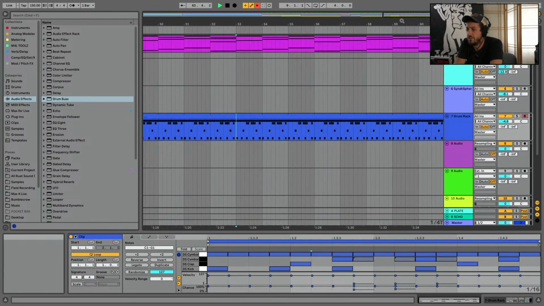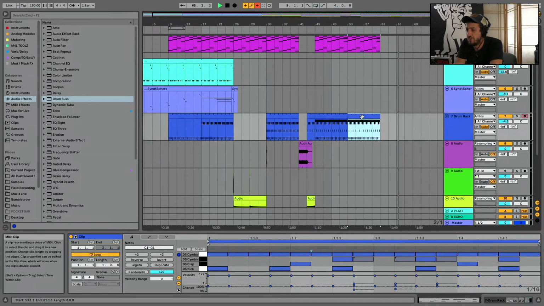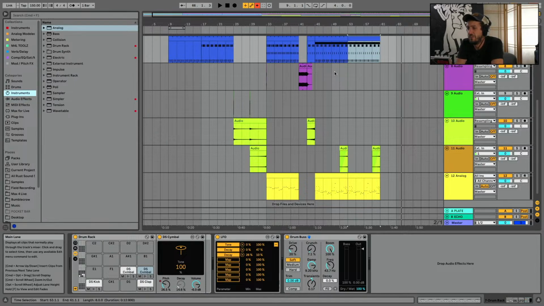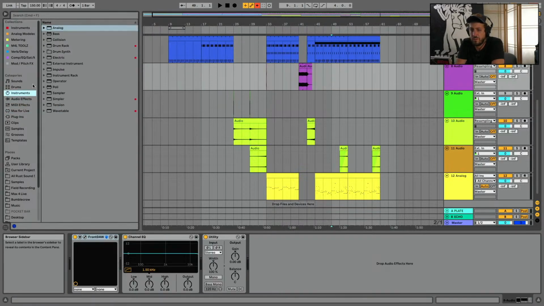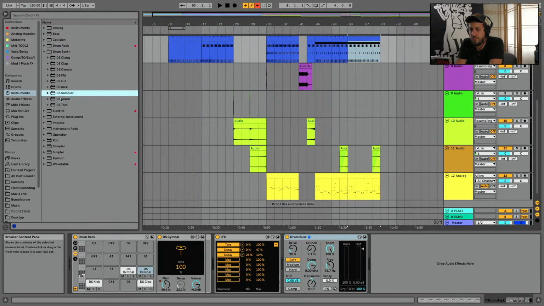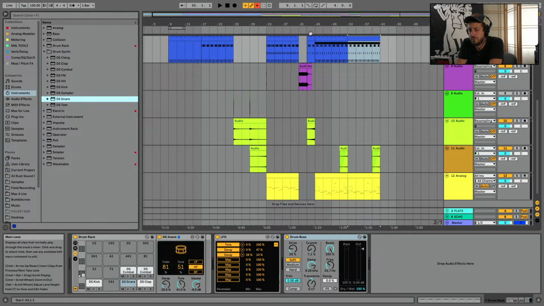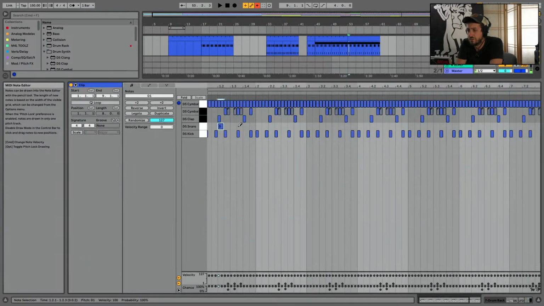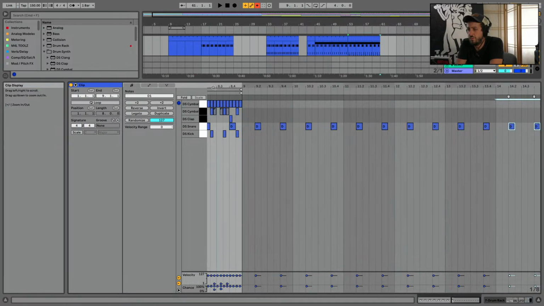So this is turning into something slowly but surely. I want some extra. Oh yeah, I've really only got these 4 drums somehow. That's fun. Let's add a 5th. I just want to bring a snare in for this event here, for the main event. Whoop, whoop, whoop, whoop.